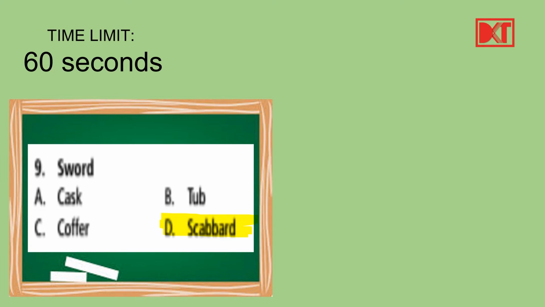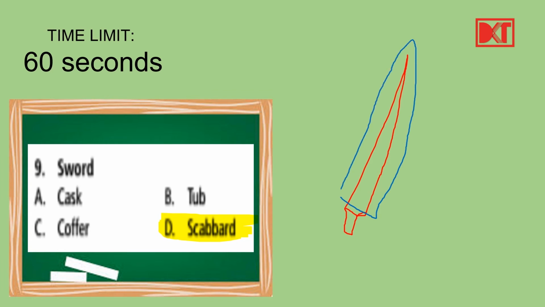What is a scabbard? Let me explain to you. What is a sword? Talwar. Alright, you must have seen this in movies or otherwise. This is a sword. Now there is this. Let me use another pen here. Some sort of an outer packing, inside which you put this sword. You just push it in. So this container is called a scabbard. Alright. There were cask, tub, coffer. There are different containers. For sword, we use the container name scabbard. Alright.